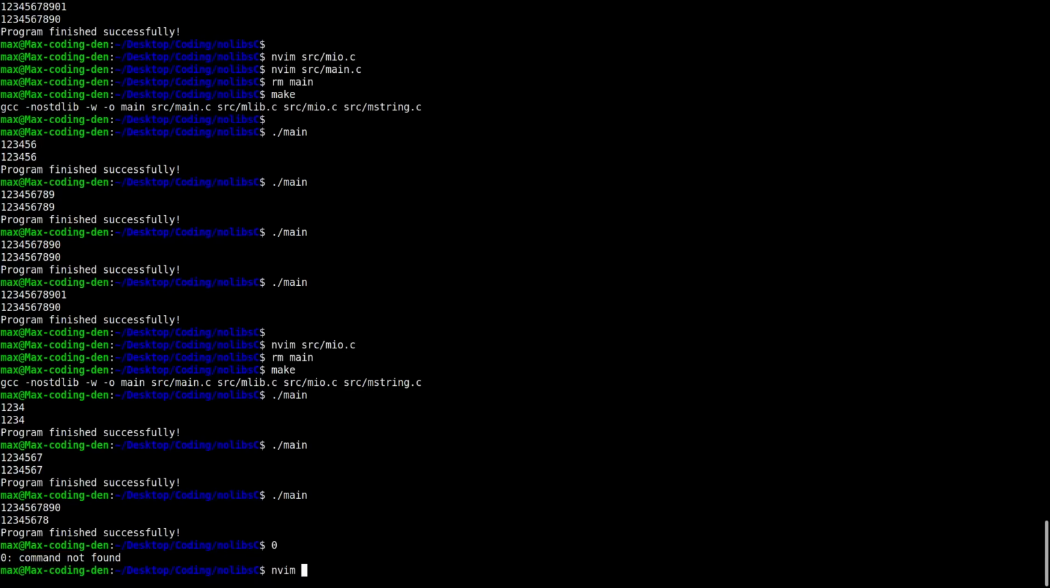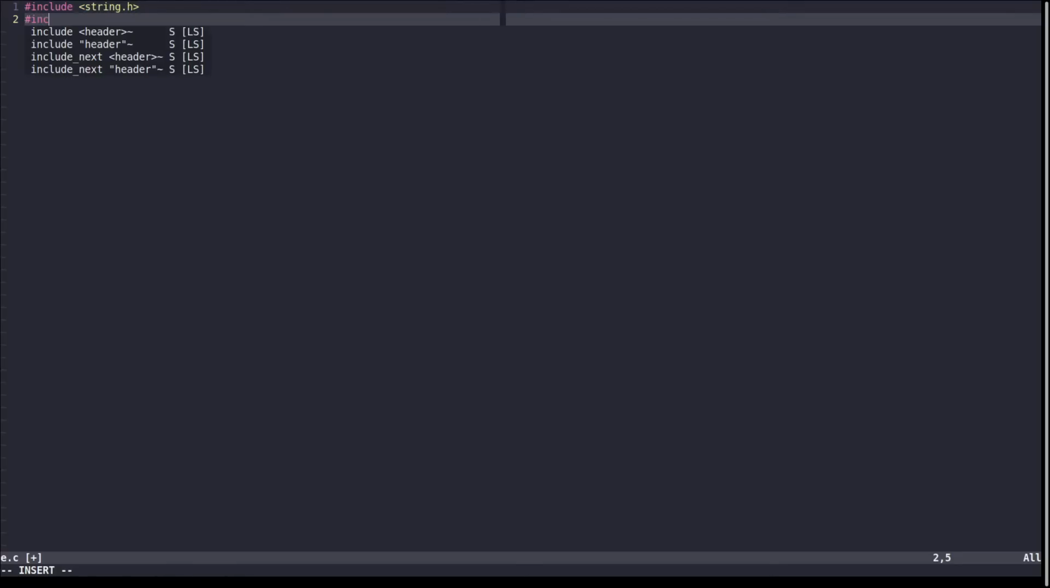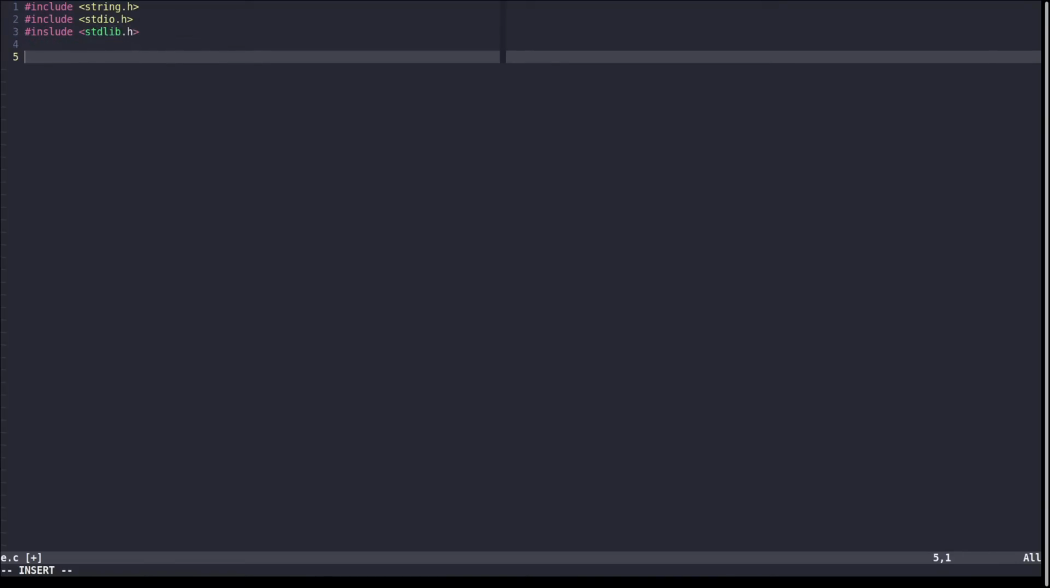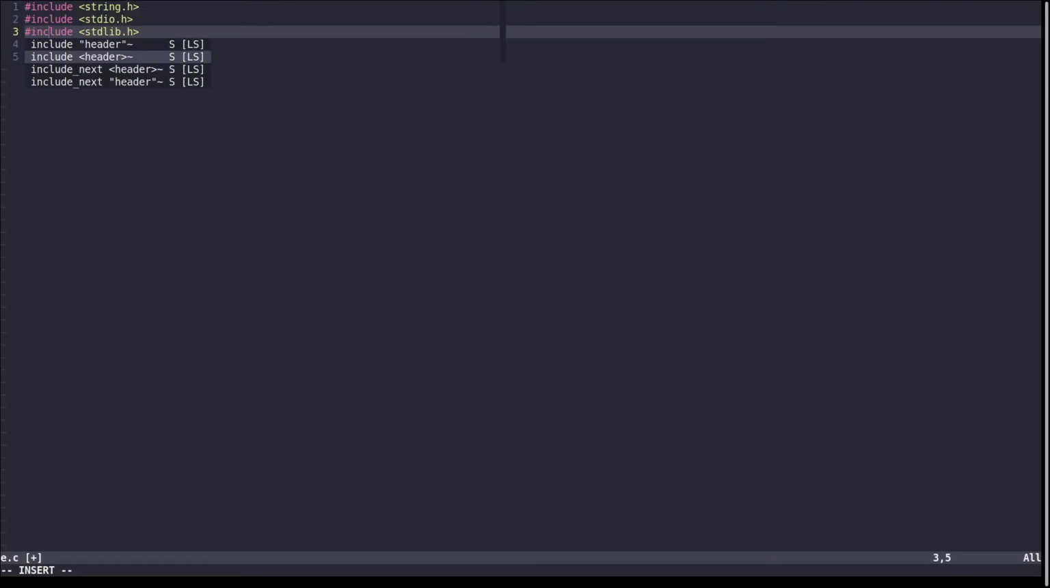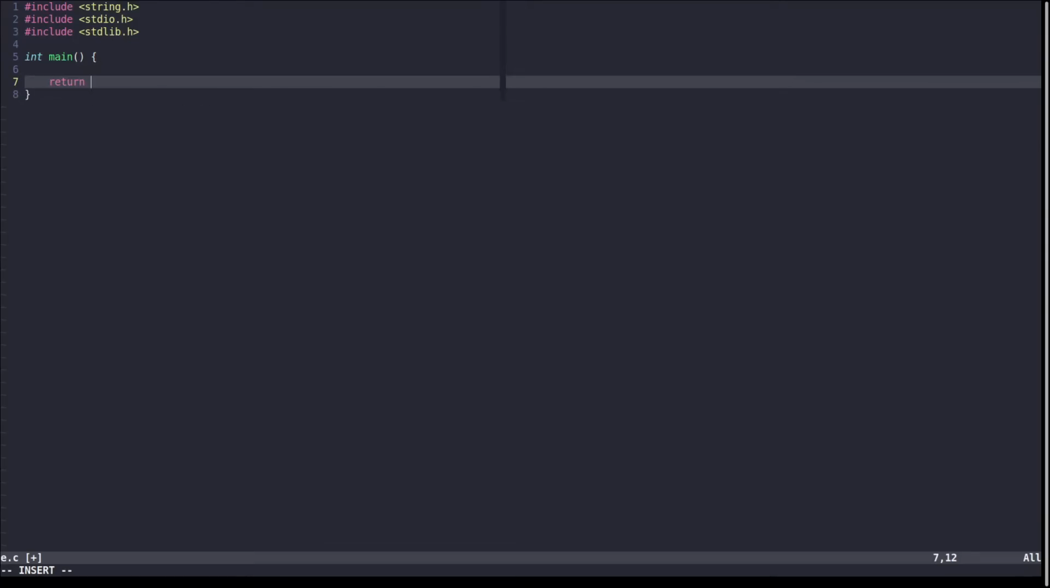Well, let's just nvim e.c in the main directory, just so I can test it out. If I just include string.h, include stdio.h, and include stdlib.h, so this is the one time that I'll be using headers here. Int main, return 0. Okay, so what if I just go char hello